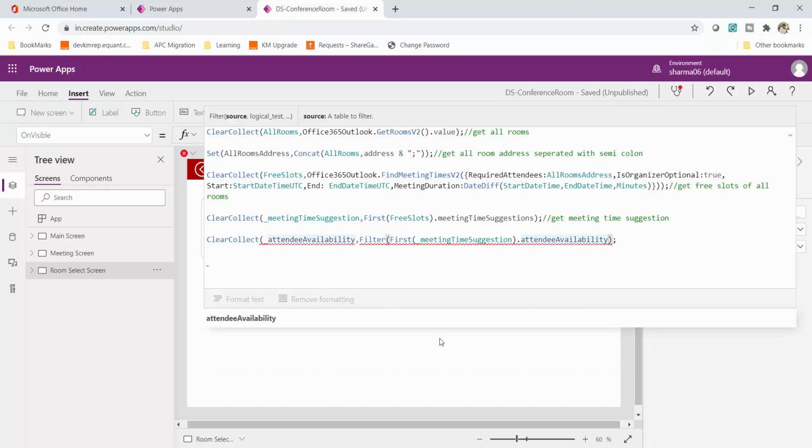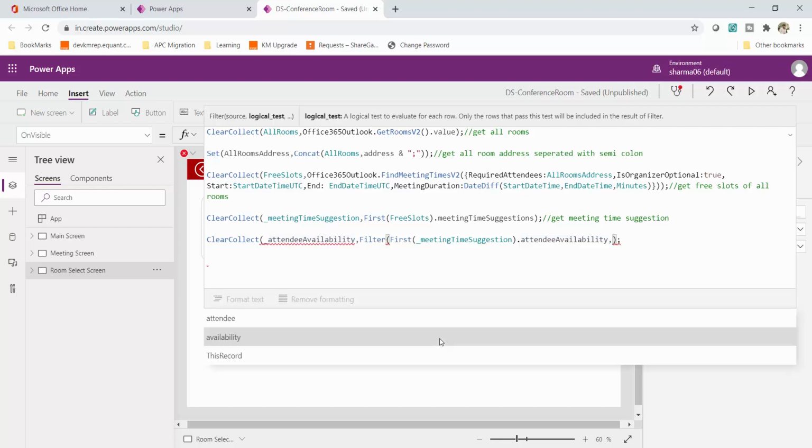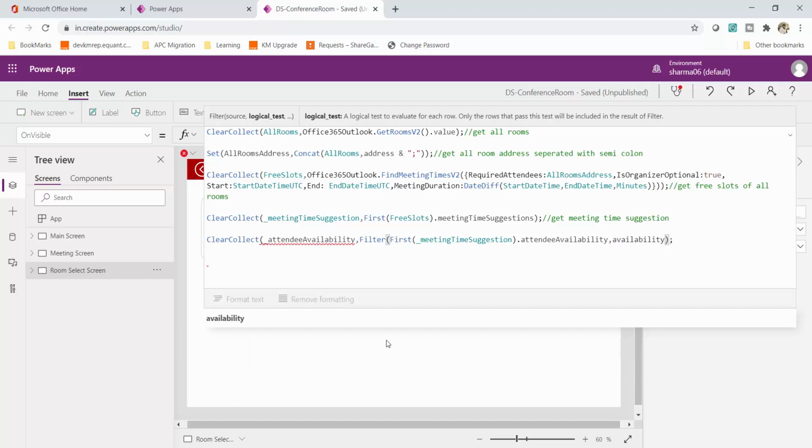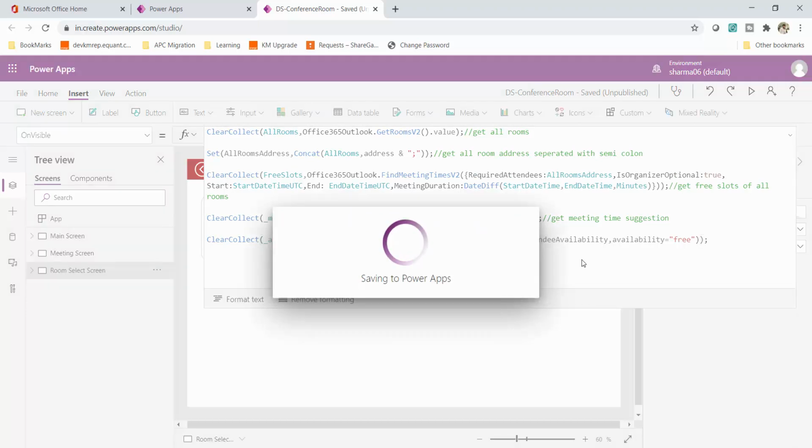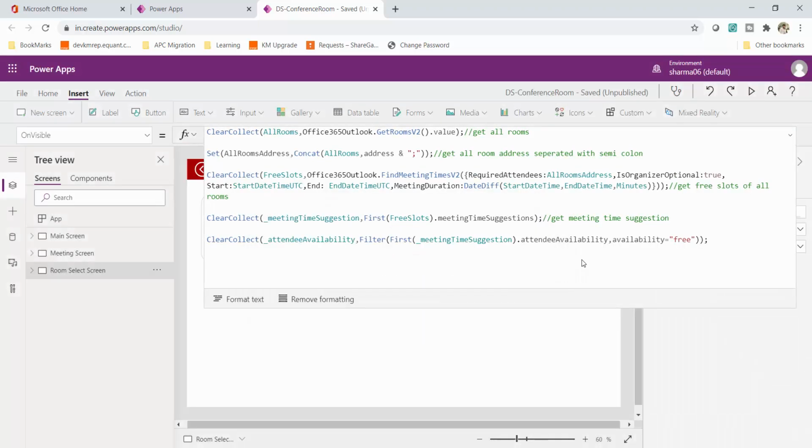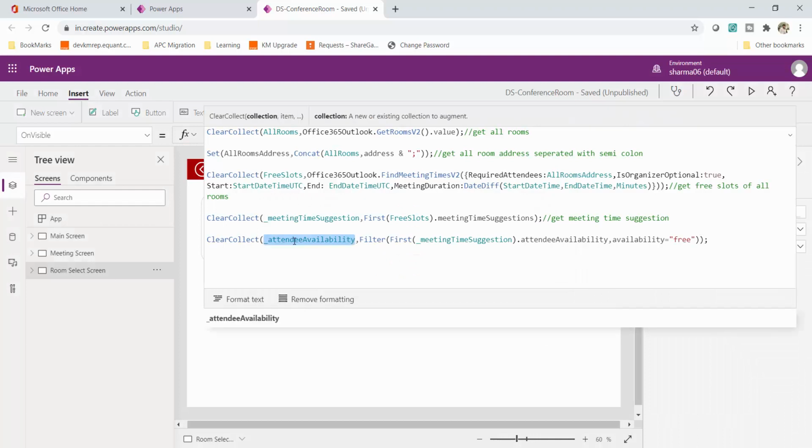It will ask me the logical test, and what is my logical test? Availability should be free. So availability equal to, I'll say free, FREE. So that's it. Now I will close the filter and I'll say yes. Control S, saving to Power Apps. Now finally I will get only the free rooms.